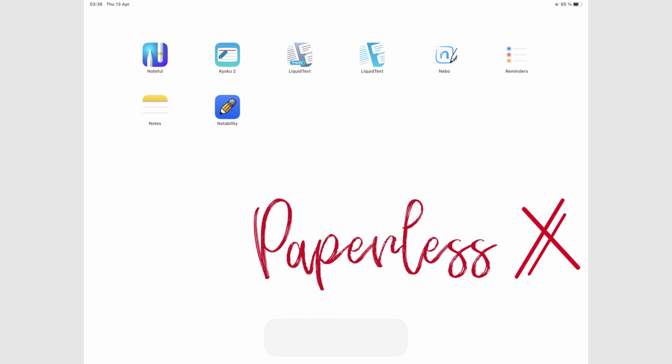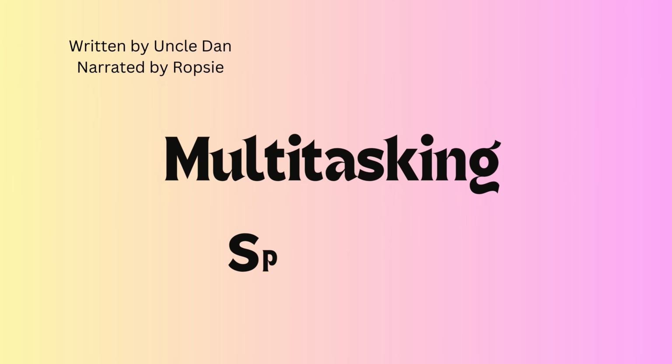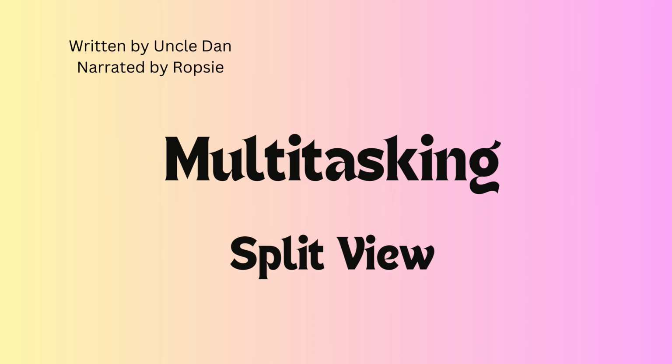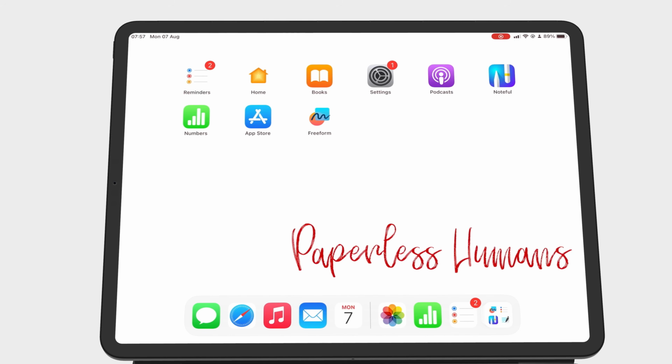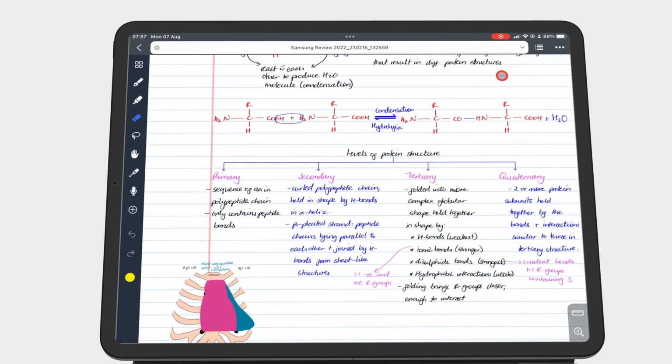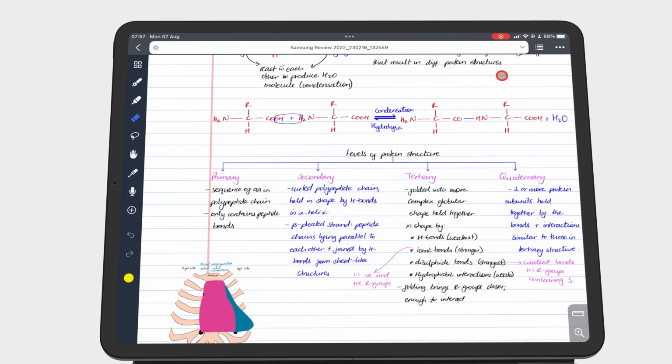In today's video, we'll be going through everything you need to know about Split View on the iPad. Split View lets you use two apps at once. When working in an app, there are several ways you can open another app to split view your screen into